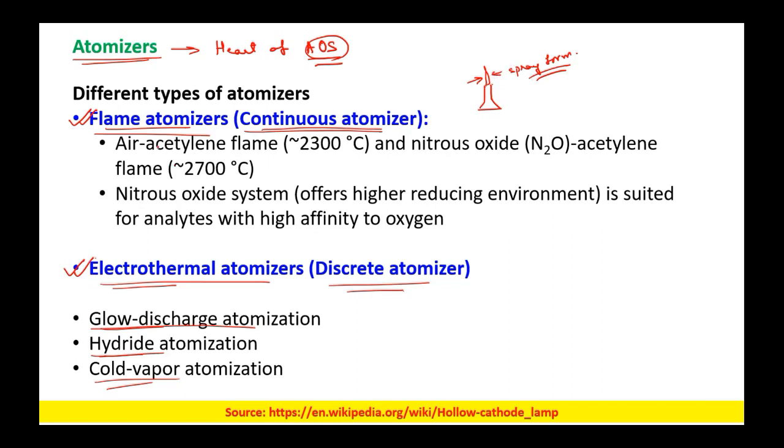Okay, so flame atomizers can also be of different types, depending upon the fuel you are using. The first one is air acetylene flame. Herein we can achieve temperatures up to nearly 2300 degrees centigrade, and then we have nitrous oxide